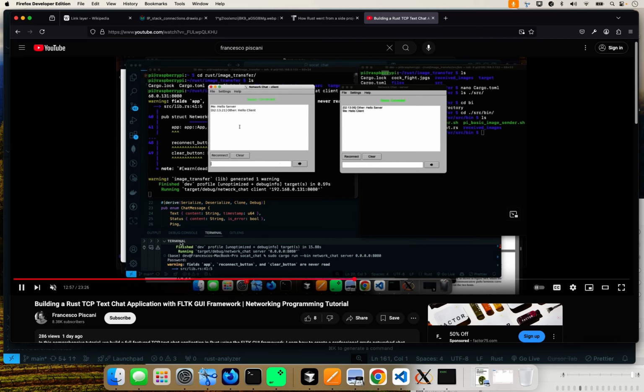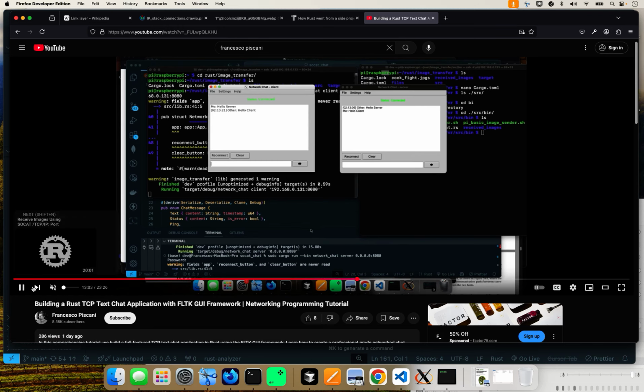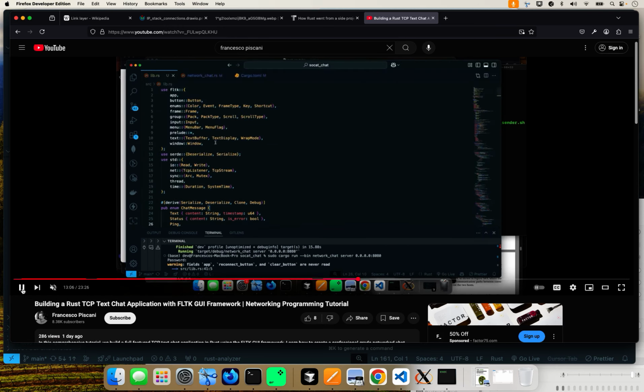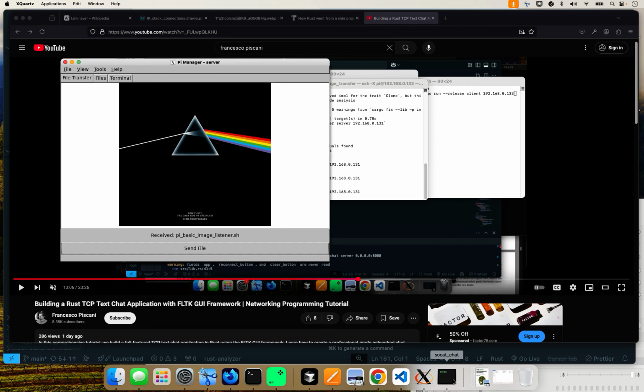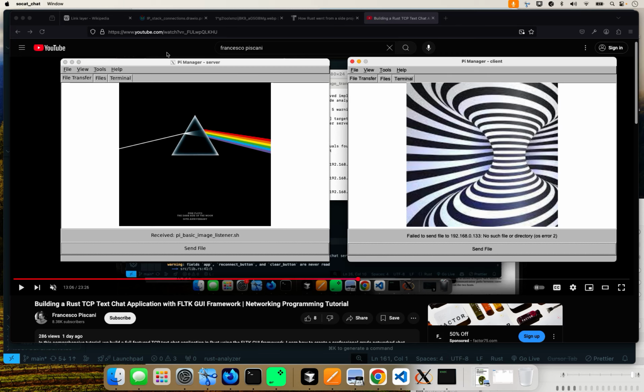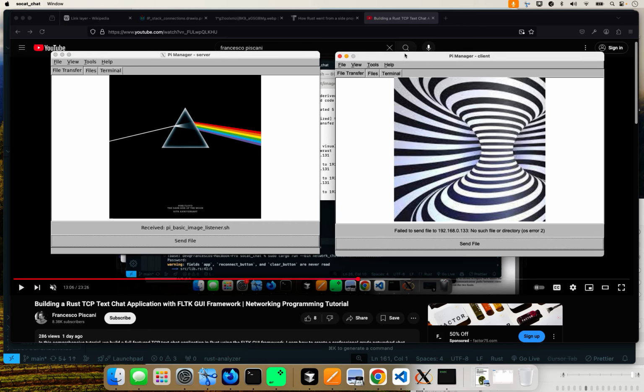But in this tutorial, we're going to take this a step further. I'm going to stop it, and then I'm going to show you what we have here. These are the same chat boxes that I had before, but I just made them bigger. And as you can see, they have images. But right now,